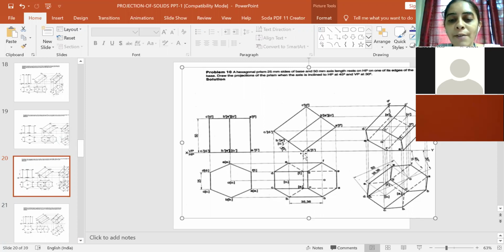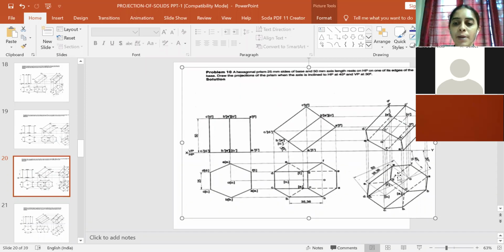Apart from that, you have a corner on the XY line, so the projection coming through that corner will be hidden. So you will make this edge and this edge hidden, and also the projection coming through inside the surface will be hidden. Okay, so this is the top surface. So projection coming through inside the top surface will be hidden. So you will join these two lines as a hidden line. I have completed this in depth in the previous problem.